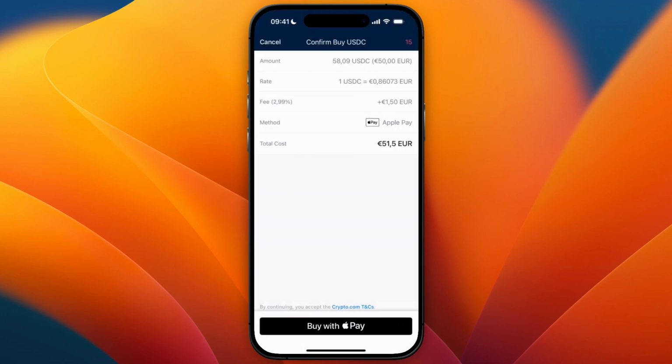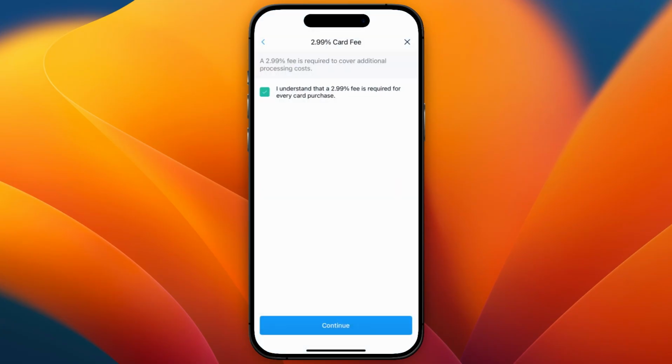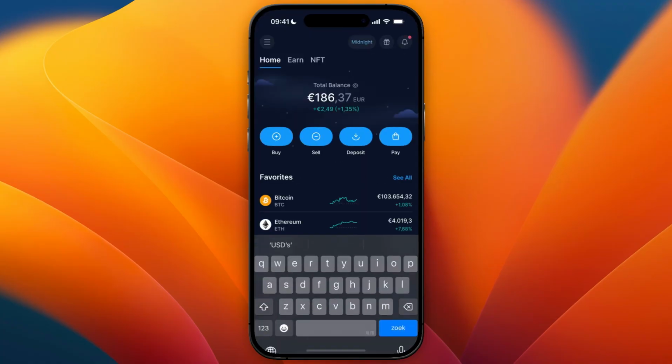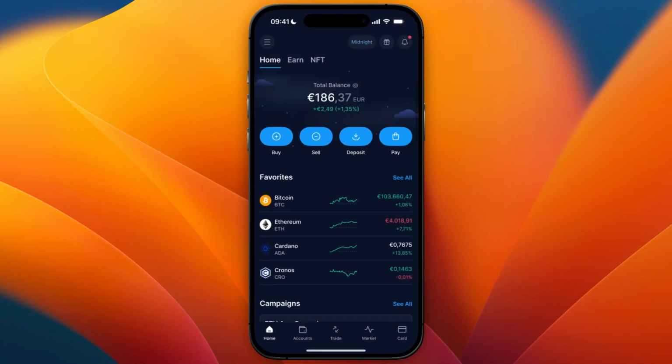And then if you've already added your card, from there you can then go and click on Buy with Card in the bottom, and after doing that it will be charged from your debit card and then be added to your Crypto.com account. Now, if you then want to have it in normal fiat currency, such as euro or dollar,